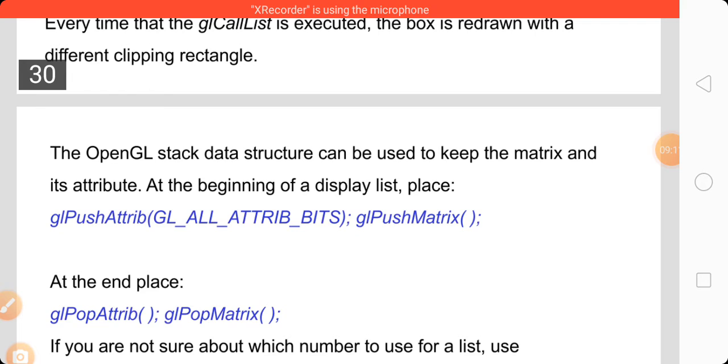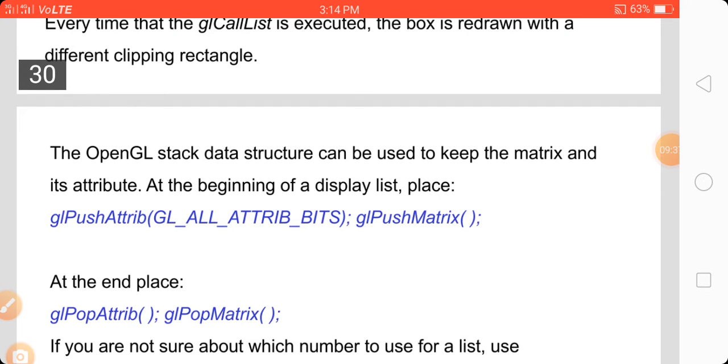The OpenGL stack data structure can be used to keep the matrix and its attributes. So here we use the stack to keep the attributes and primitives of a data structure. glPushAttrib(GL_ALL_ATTRIB_BITS), glPushMatrix.